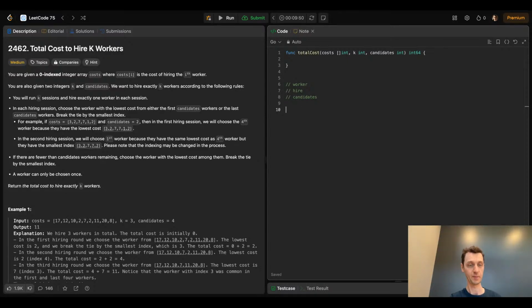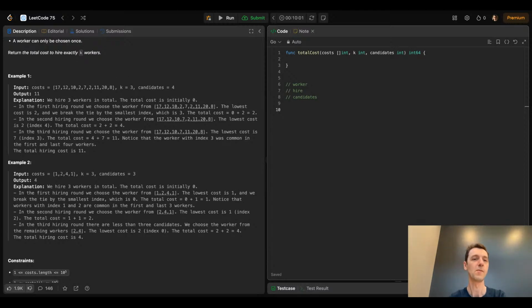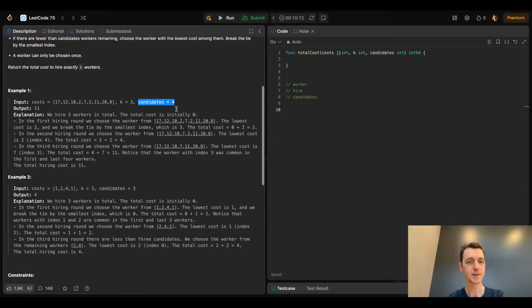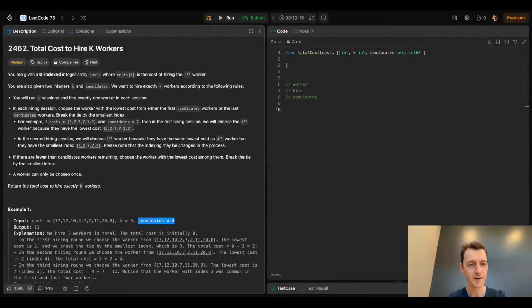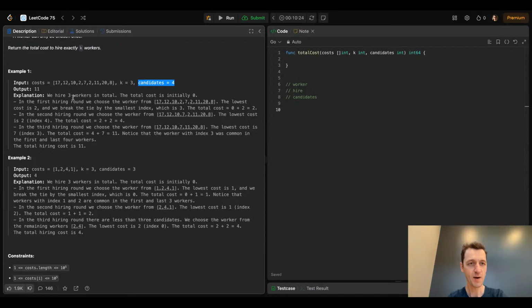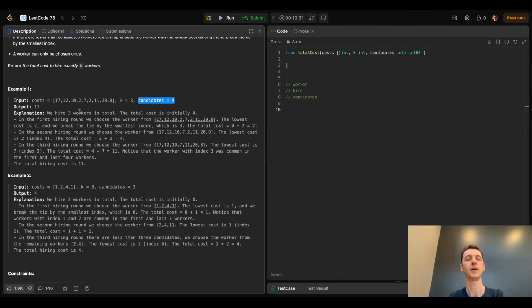Okay, my example. We have the costs, there's about 10 or something. We need to make 3 hires. And what is 4 candidates? We'll see. We hire 3 workers in total. Now, that I understand. The total cost is initially 0. Makes sense. In the first hiring round, we choose the worker from